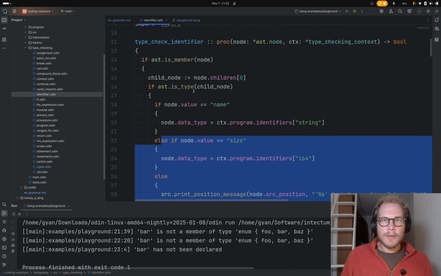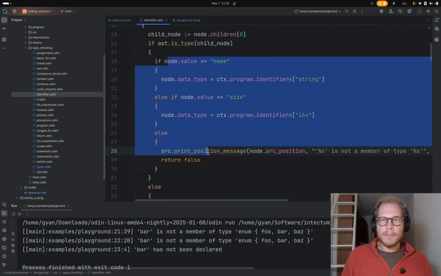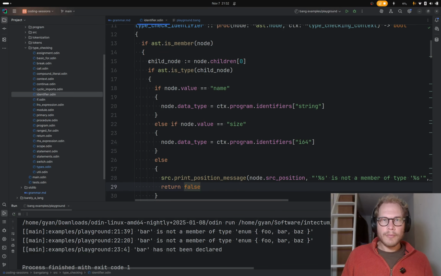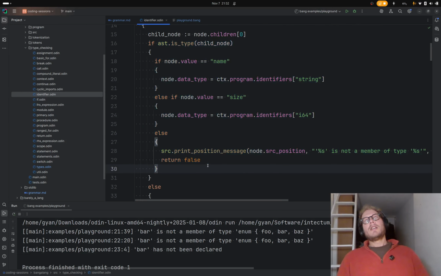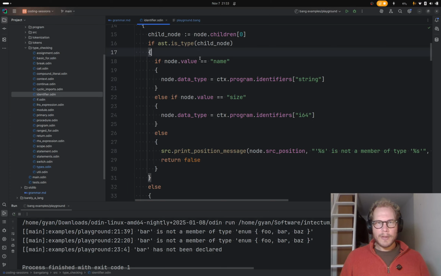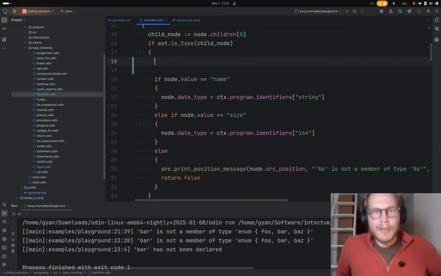So I guess that's identifier. Yes, here. This is where we're dealing with members of types. So far we have a name and size. So yeah, one downside of the way I'm doing things is that if you put name or size inside this enum, you won't be able to access these, because the way I'm going to do it, I'm just going